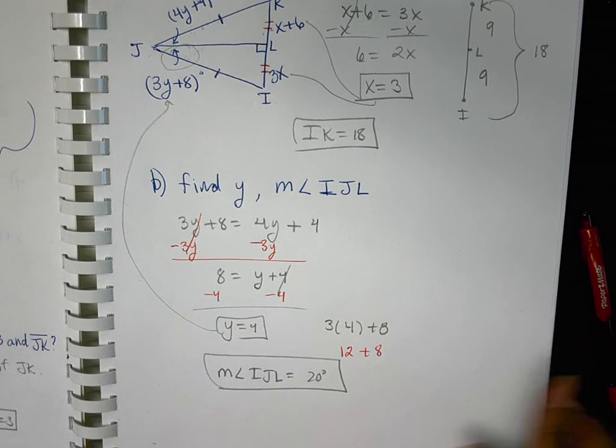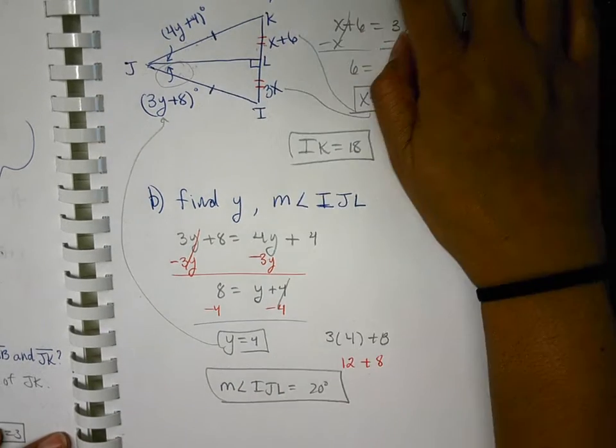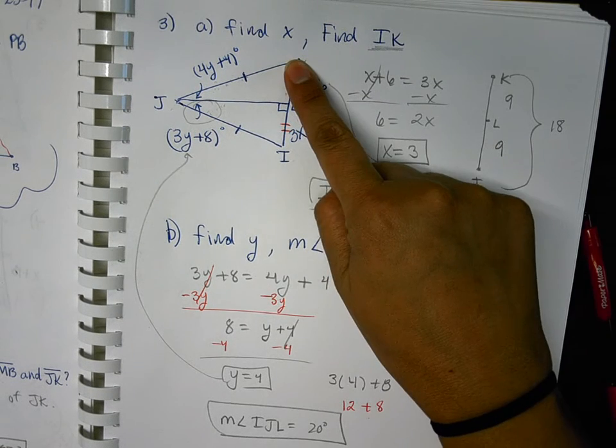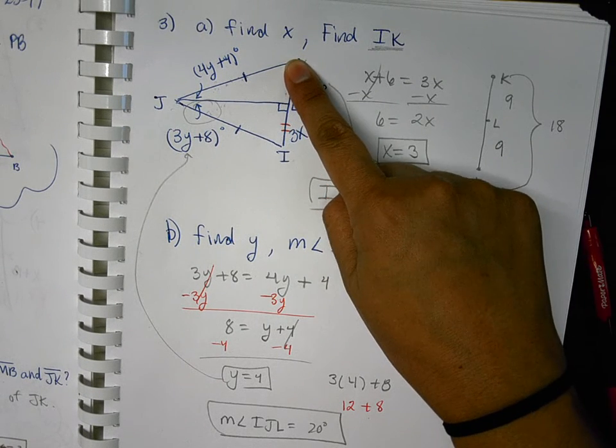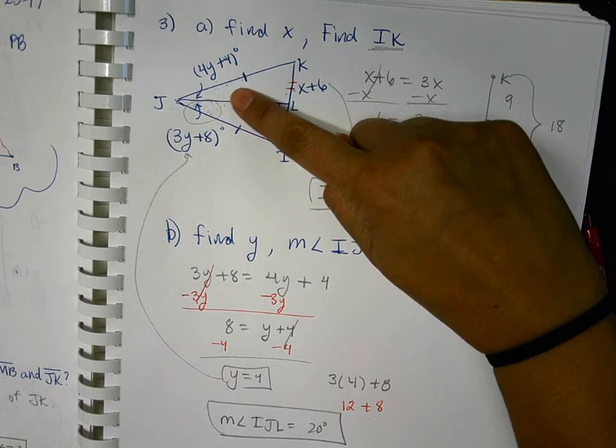What if they asked for IJK? What's the measure of IJK? What would you say? 20 and 20 in each one, so IJ